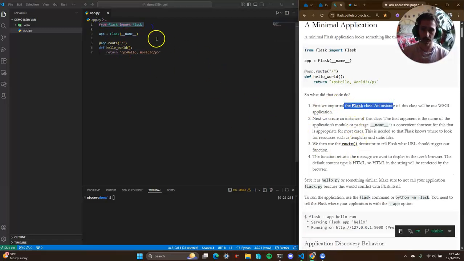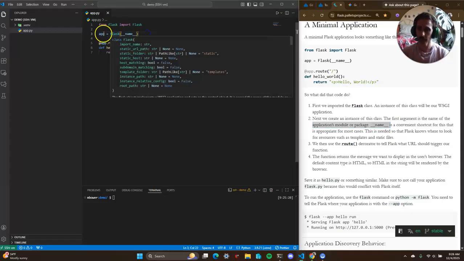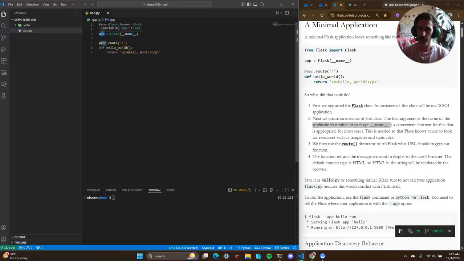First we import Flask, then we pass the application's package or module into the Flask instance that we're creating and storing into this app variable. Then we use this route decorator to define that this function will be for a route, and we're going to pass the string, which is the route, into that decorator, and then we'll return this hello world inside the